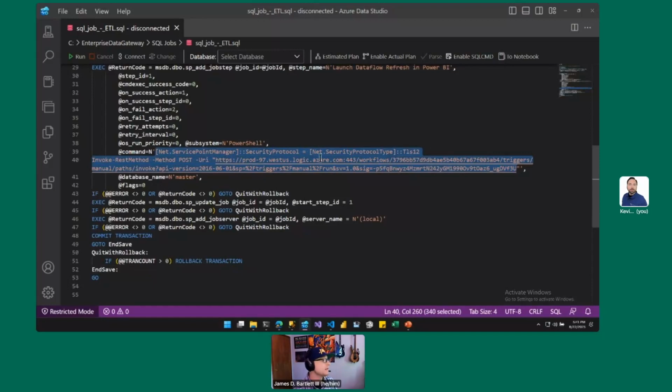So this is basically the PowerShell command here. As soon as that job runs, it launches a PowerShell process, and this bit here is necessary to make sure that the version of PowerShell that the SQL agent runs has the level of encryption compatible with Power Automate. If you were just to run this all by yourself in a PowerShell window on your machine, it would work. But as soon as you try to run it in the job, it fails. So that's why you need this little step up here. So when this runs, it's going to run that Power Automate flow,